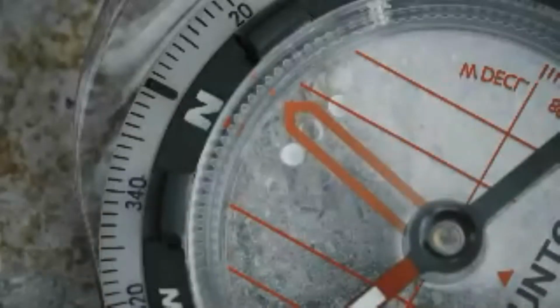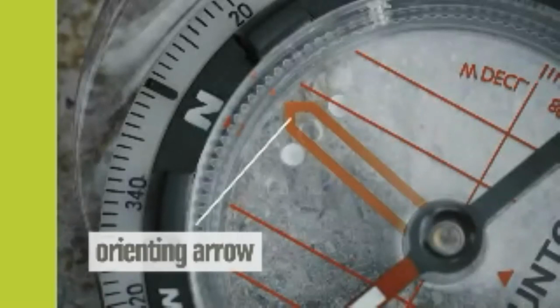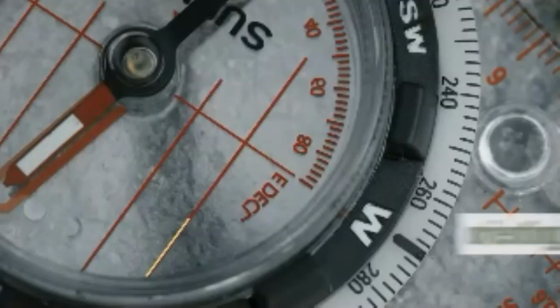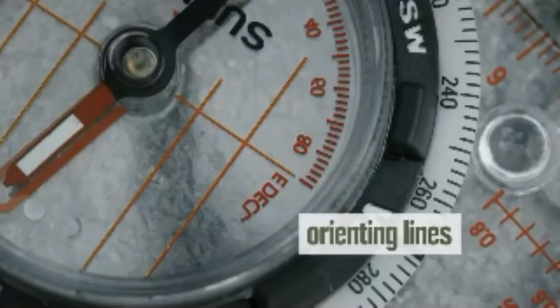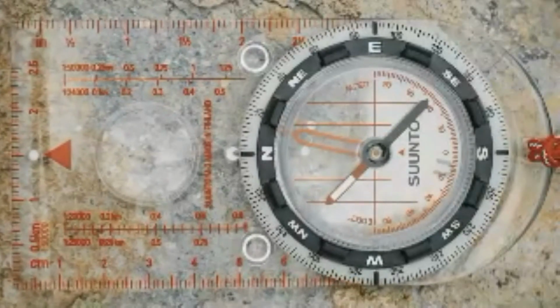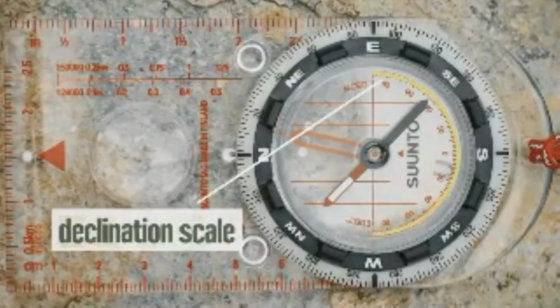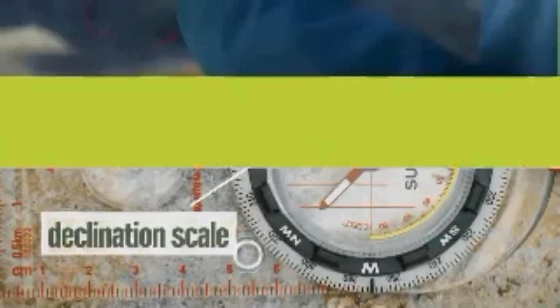There's also a big arrow called the orienting arrow, which you'll use to help you orient the bezel. Alongside the orienting arrow are orienting lines that you'll use to help you line up the compass with north on a map. Finally, some compasses have a handy declination scale, which makes it easier to adjust declination. What's declination, you ask? Well,